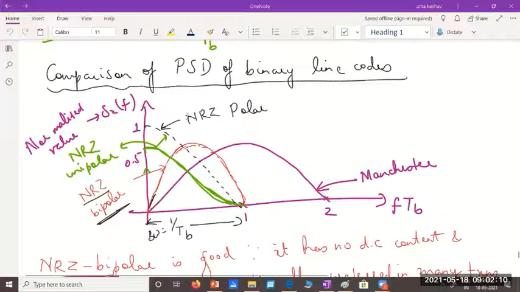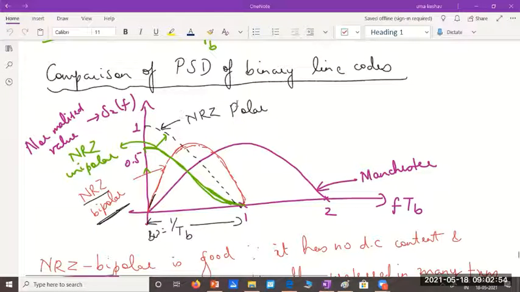reduced version of NRZ. In NRZ, the pulse exists for the complete bit duration, whereas in RZ, the bit goes to 0 in the center of the bit duration. So the power consumed in RZ will be lesser than that of NRZ. NRZ gives us the worst case scenario or the highest power consumption, whereas RZ will give you half the power consumption. Your power spectral density curve of any RZ will be half of that of NRZ. So that's the reason why we haven't found the power spectral density for RZ waveforms separately.